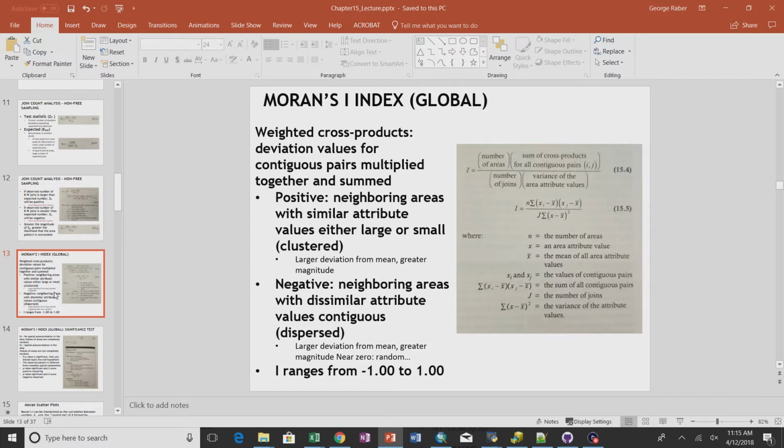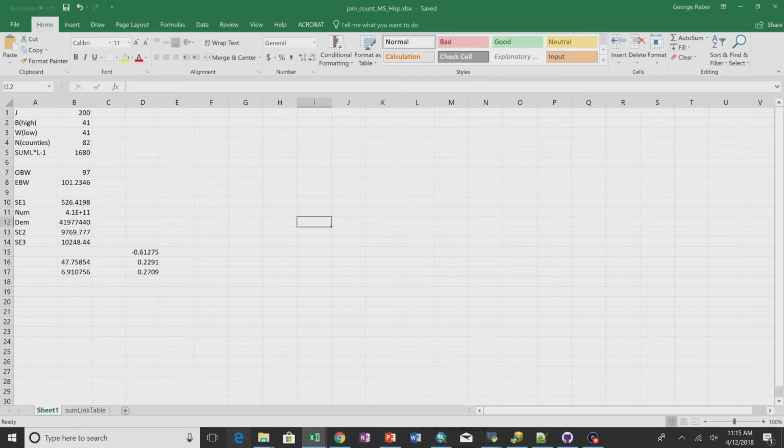So the way that these basically work is looking at, so another thing that makes these more computationally intensive is that we can actually do it on not just yes or no values, not just categories, but numbers themselves. So we can say, oh, this is a cluster of high values. So we can have a value like rate. Like we could have instead of just saying Hispanic yes no, we could actually use the column that